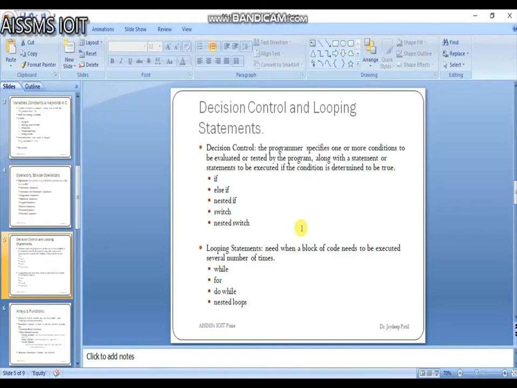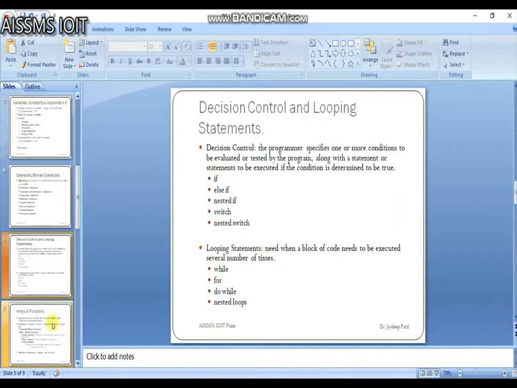Means if the condition is satisfied, then we can perform the specific code. So these are the if, else if, nested if, switch, nested switch. Okay. And for looping statements, when a block of code needs to be executed several times, we can use the looping statements, and these are the while, for, do while, nested loops.